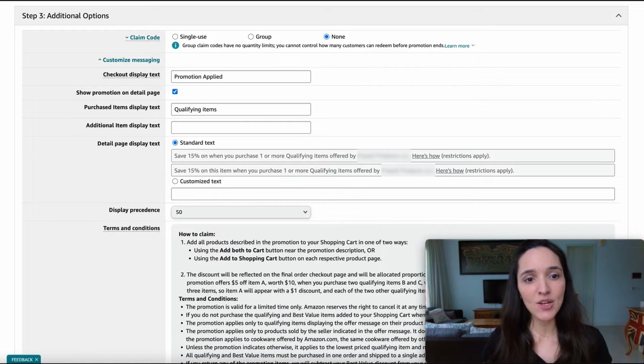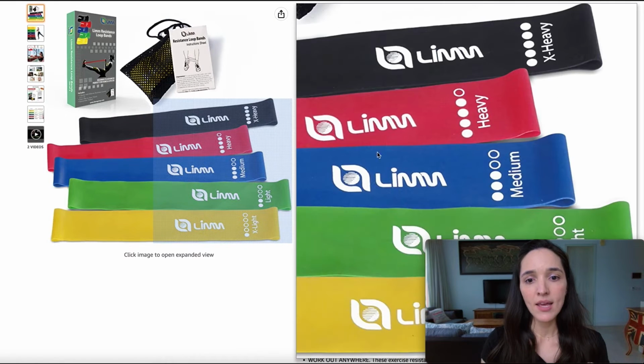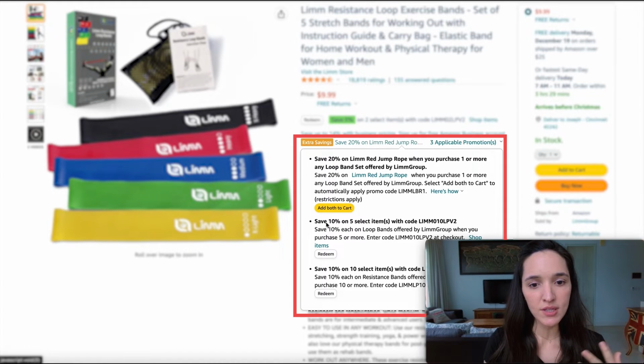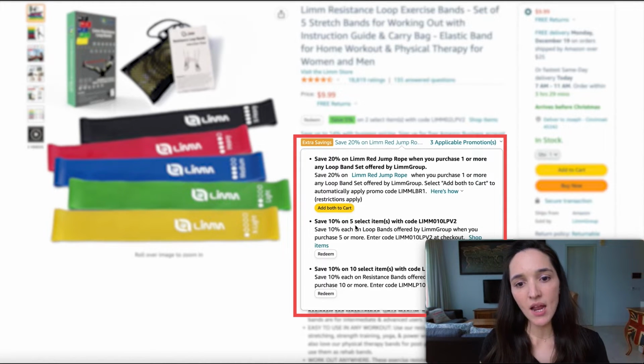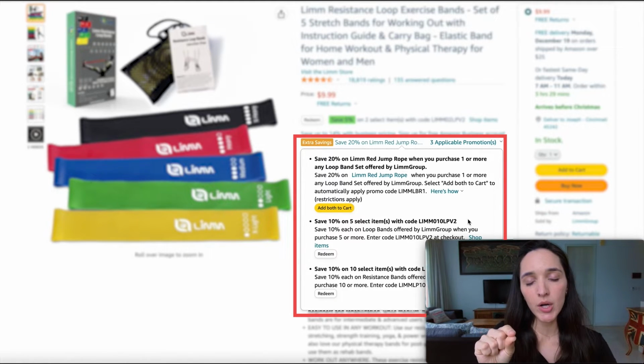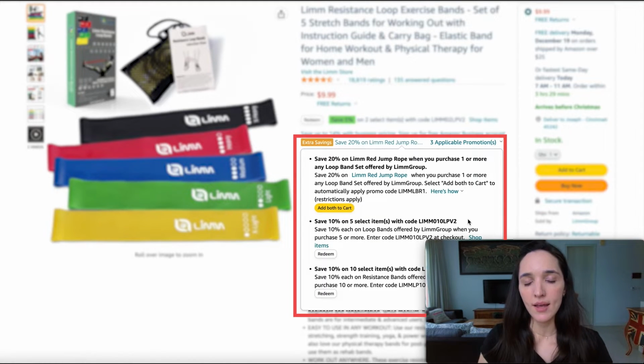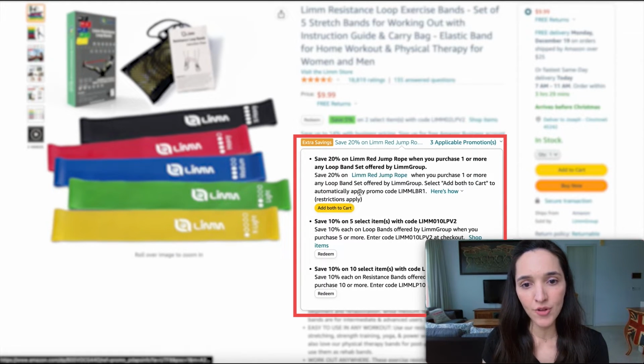And then next, we're going to be able to customize a lot of the text that shows to customers. So right here, if I go back, you can see that there's the whole explanation of each offer. For example, save 10% on 5 select items with code X. In this case, they probably chose that group coupon code and then left it as an option to display on the Amazon listing, or the buy one, get 1% off promotion that they have going on,